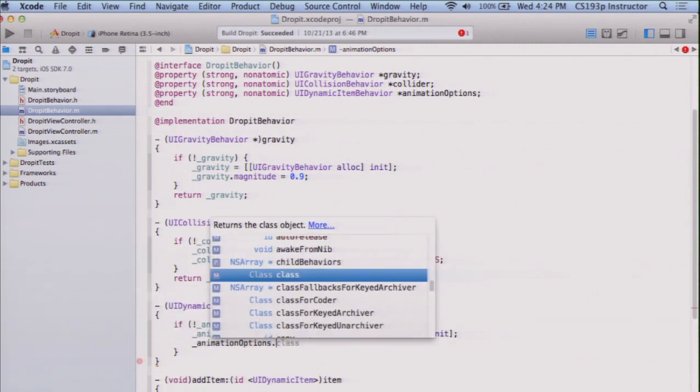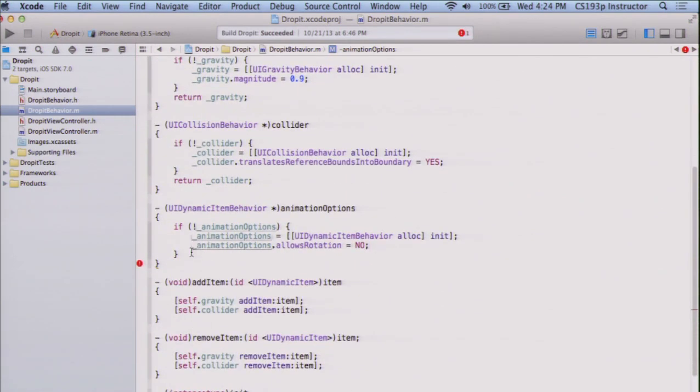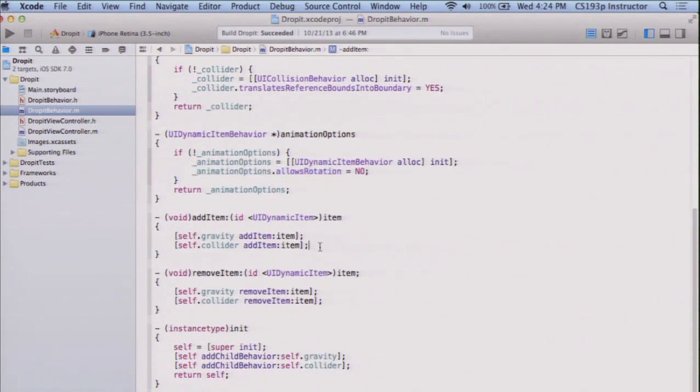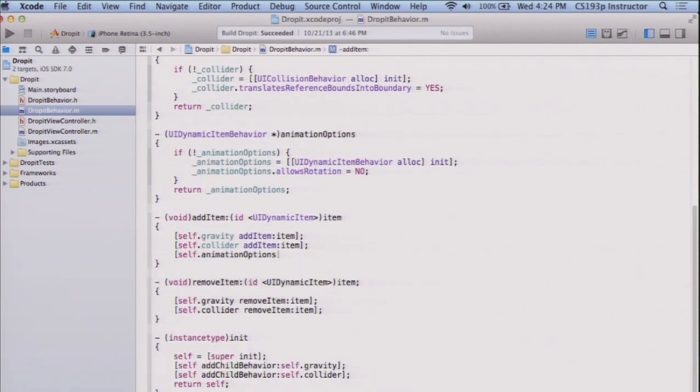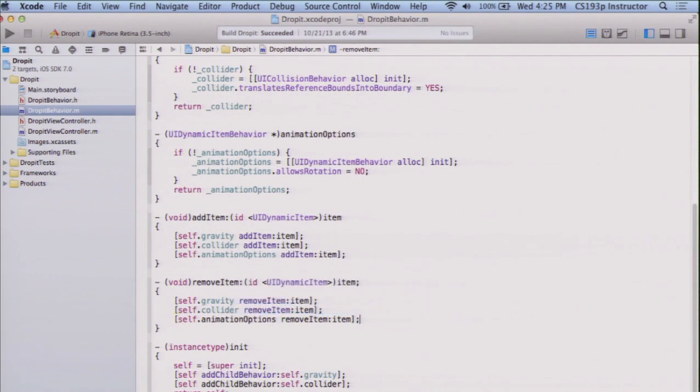And I'm going to allow rotation, no. So I'm not going to allow these items to rotate. Okay, so the blocks, as they bounce on each other and collide, will have to stay non-rotated. All right, and return animationOptions. And again, we could do other things in here like dot friction equals, dot density equals, whatever, but we'll keep it simple. I obviously want all items to be added also to this animationOptions thing, and we clearly want to remove all items as well. And let's finally add our child behavior,